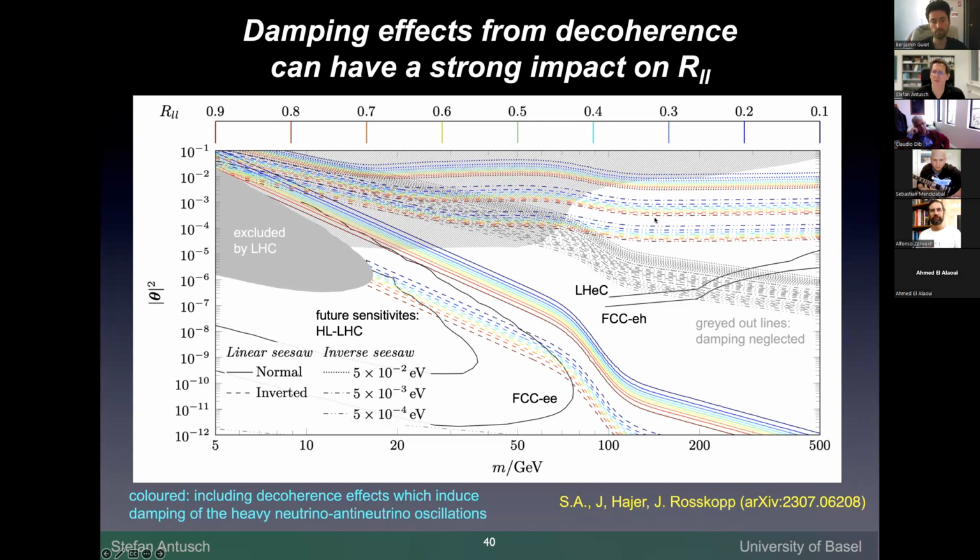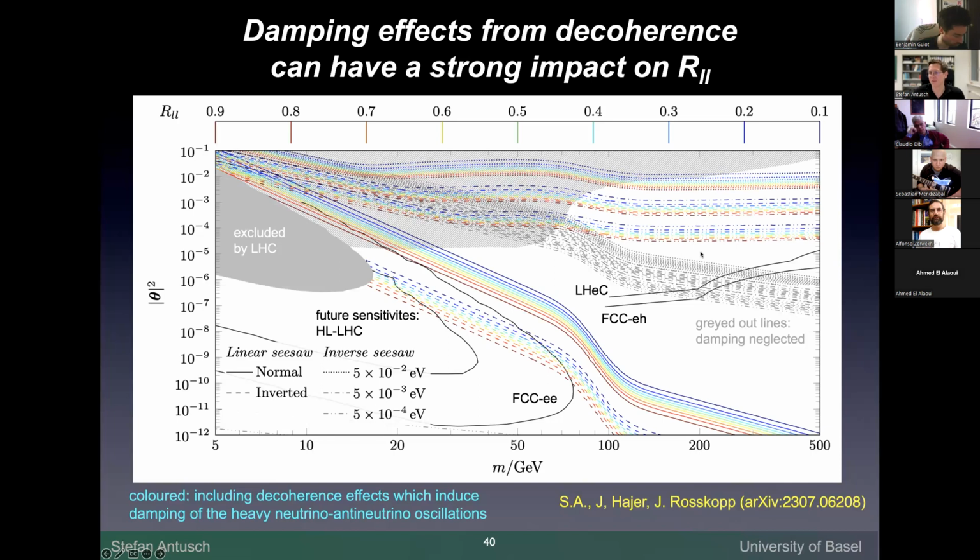In fact, when you look at the linear seesaw lines, they are not affected by the damping, but the inverse seesaw lines get pushed up by many orders of magnitude. This is because of the damping setting in. It means that already below these lines, or in these bands, you can see lepton number violating effects, and they start at much larger theta squared than one would normally estimate without including these damping effects. This is important also for future colliders, for instance muon colliders and others that can go down to 10 to the minus 7 roughly. Then they have a good chance to see